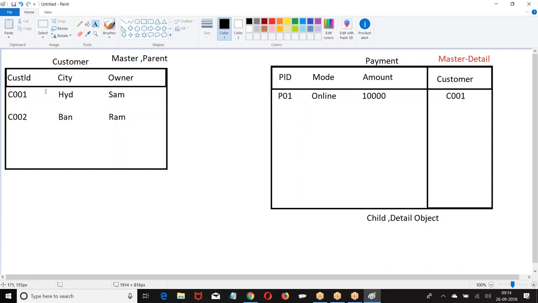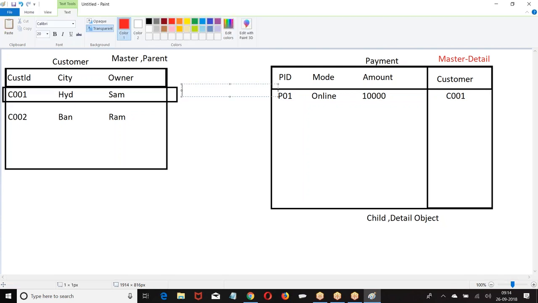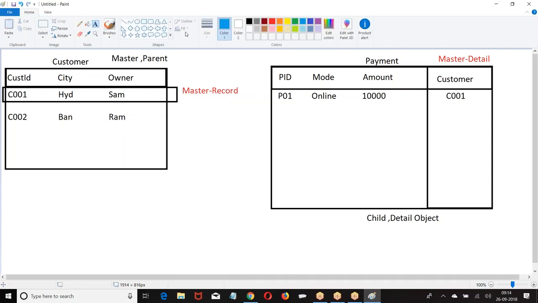So if you have chosen C001, this is your master record. And this is your detail or related record.